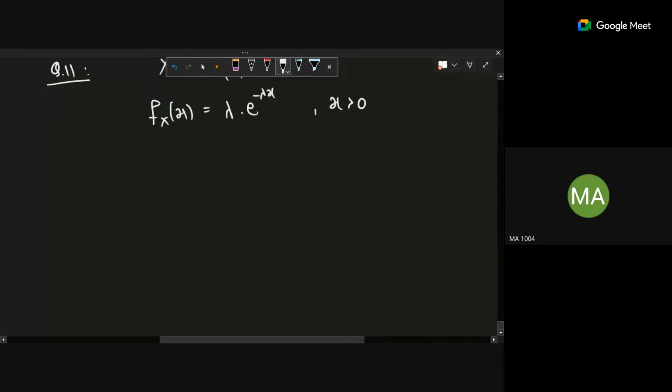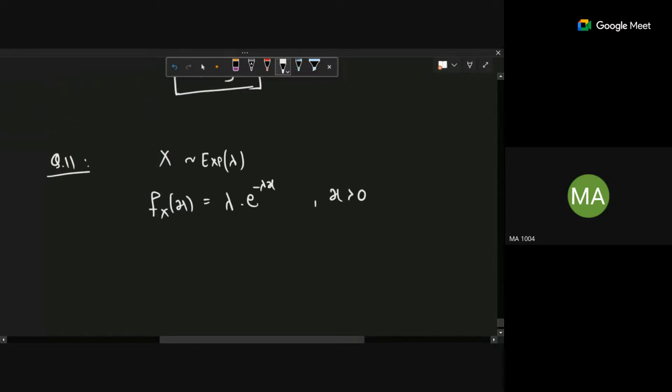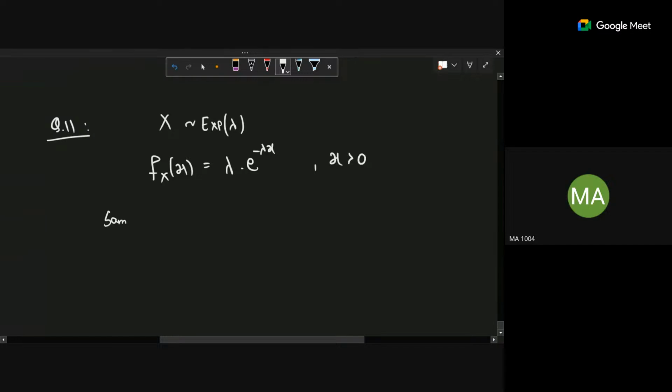So MLE estimator for lambda. The given sample is 15, 10,